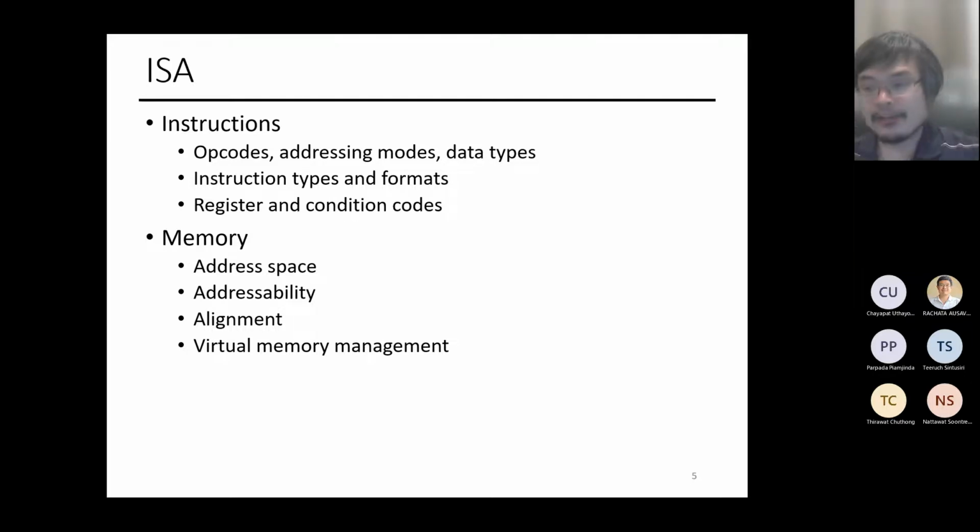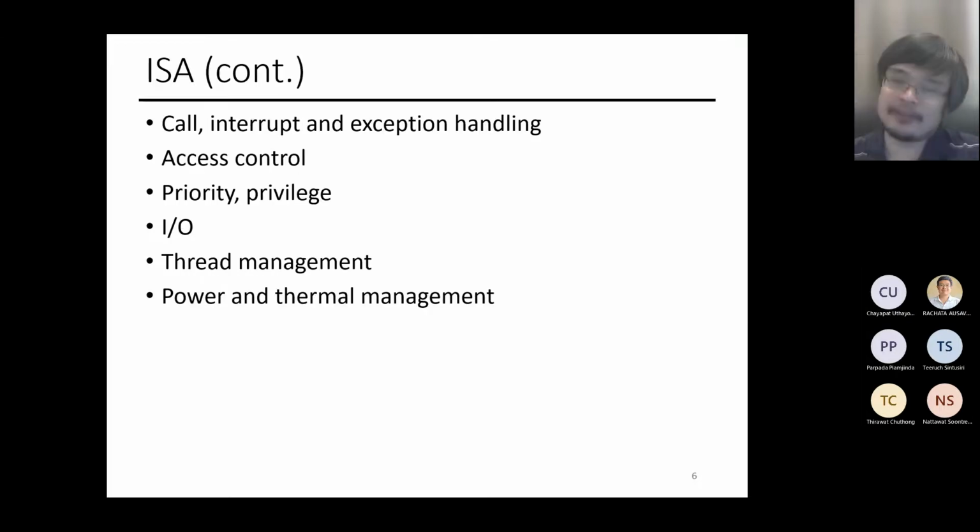And when you have to access your memory, there has to be a way for the programmer to access DRAM, so the ISA will specify that. The ISA would also have to specify things like how I call or interrupt. Let's say I hit the power off button on my computer. It sends a signal saying, I want to kill everything that's running right now. So how does the ISA handle that? It will specify how the hardware should handle someone hitting the power button,